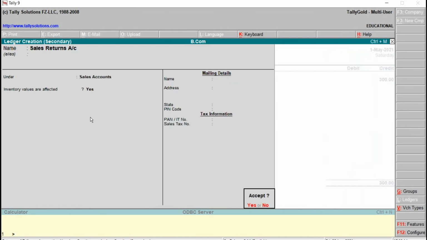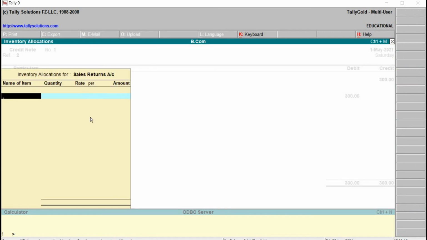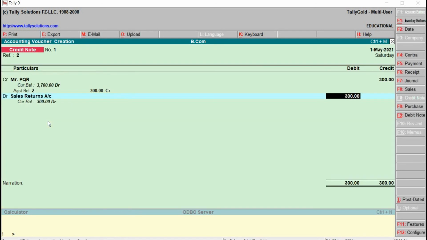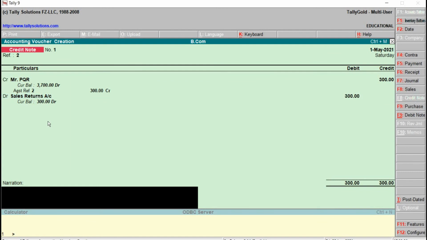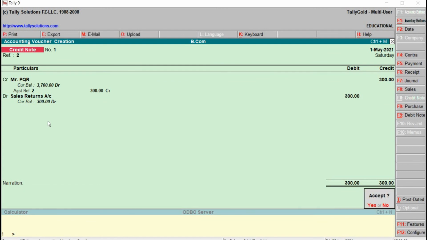Accept? Press Y from the keyboard. We don't have any stock information or inventory information. We have to skip this window. Just press enter. 300, type the narration, then accept, press Y from the keyboard.